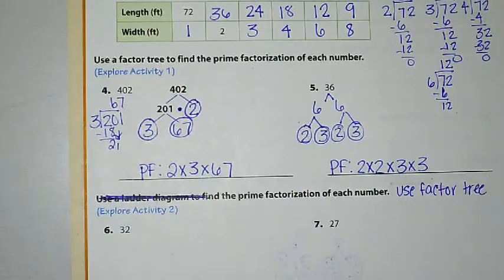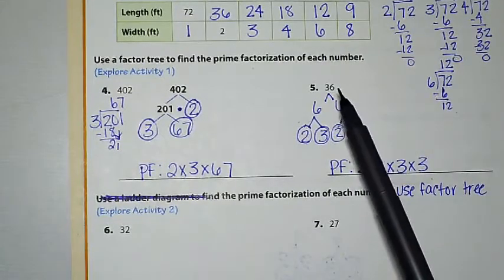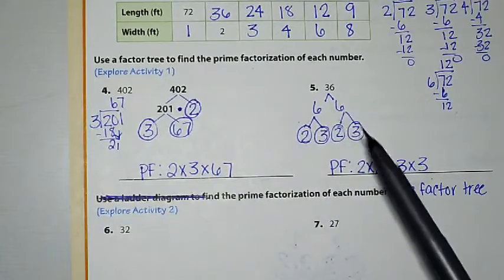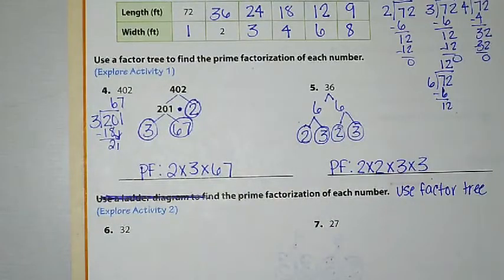So once again, prime factorization, taking a composite number like 36 or 402, and you're breaking it down using the factors of that number